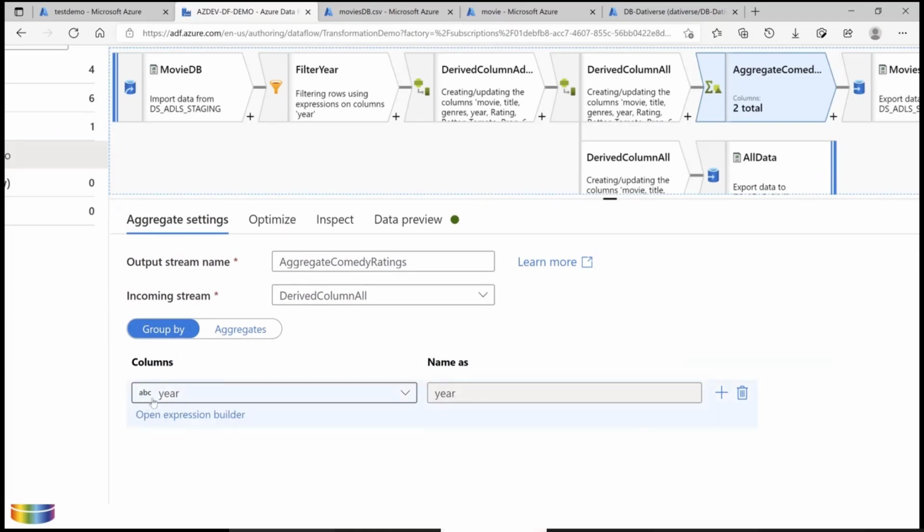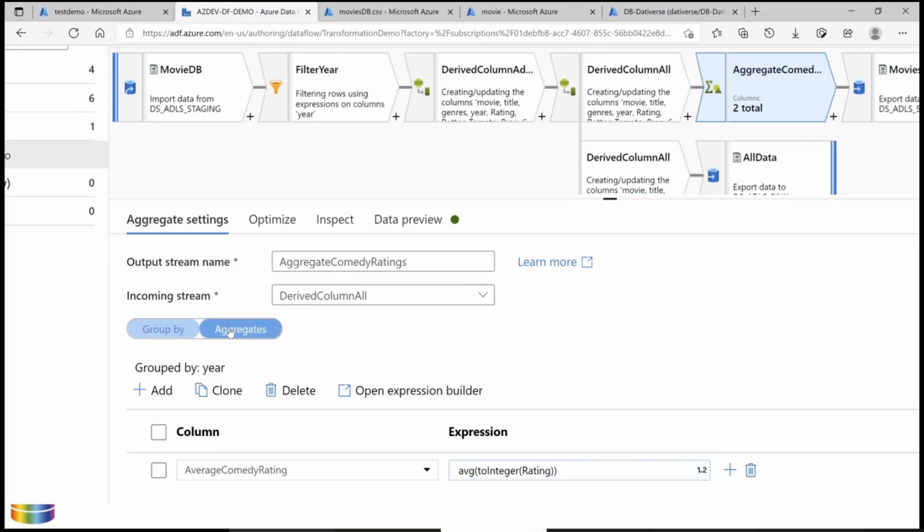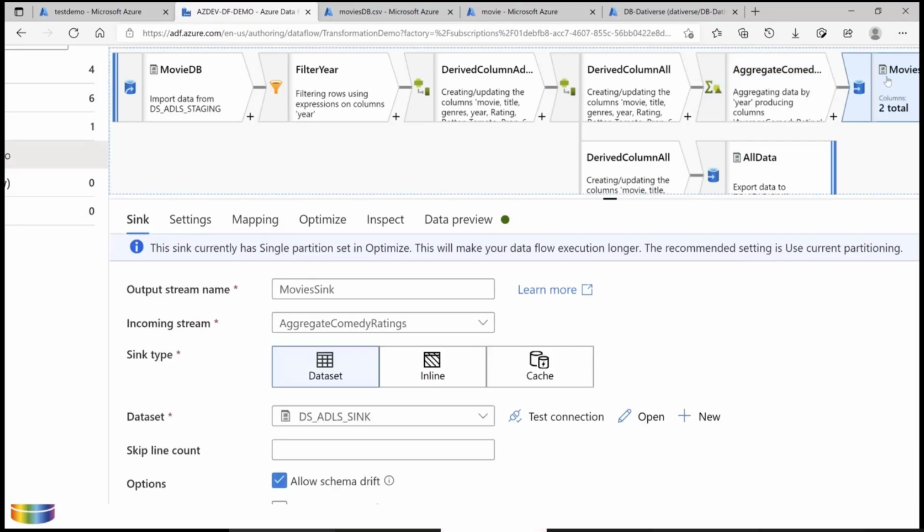I'm using group by based on year, because I'm only interested in year information, that is, which rating came for that movie. I'm aggregating based on rating, using the average function here. At the end of this aggregation I'm only getting two columns, and here you can see that result as well.